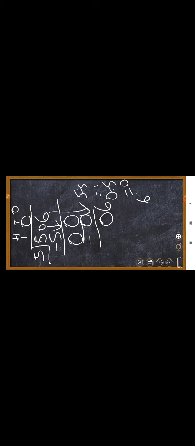When you divide the 6 by 5, then what you will get? 1 as the quotient and remainder also 1. So 5 ones are 5 and 1 remainder. So just keep in your mind the quotient value. Quotient value is 101 and the remainder value is 1. Okay, keep in your mind 101 and 1.